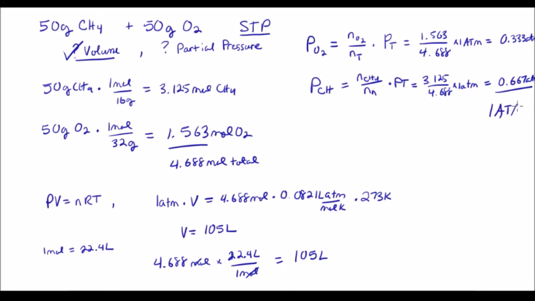If you want to double check your answer, then you can add these two together, and they should equal back to your total, because we know the total is equal to the sum of the partial pressures. And so the sum of my partial pressures equals 1 atmosphere, so it looks like everything is good, and we have